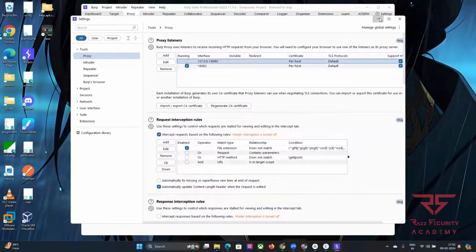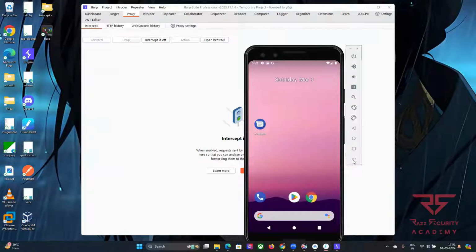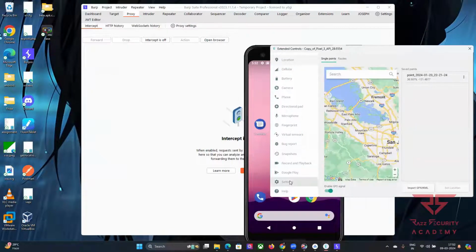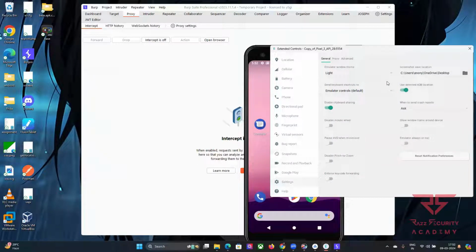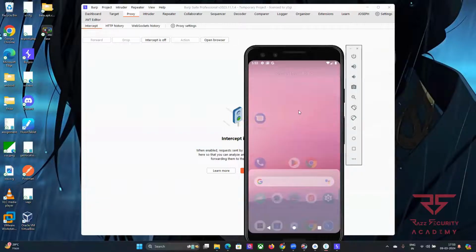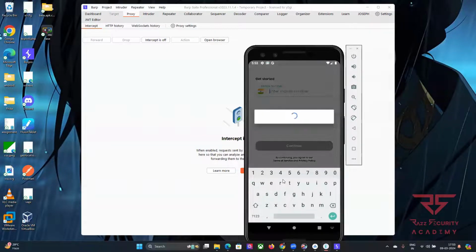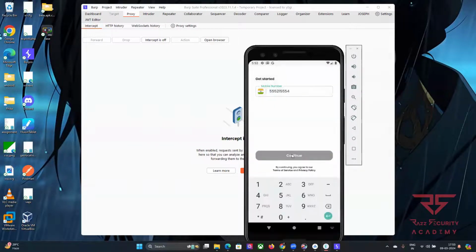Let's not intercept any traffic from web. Okay, so we have marked our proxy settings. Also in our Android, I'll check the settings. Let's go to proxy, and set up the proxy. Now what we can do is open Country Delight, and even if I type any random number here,